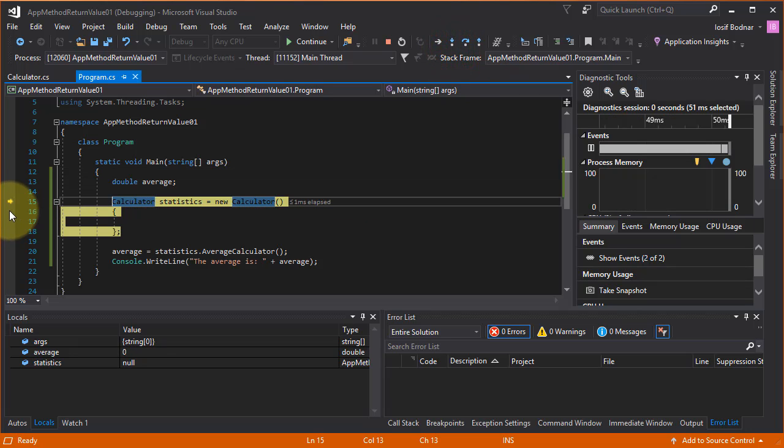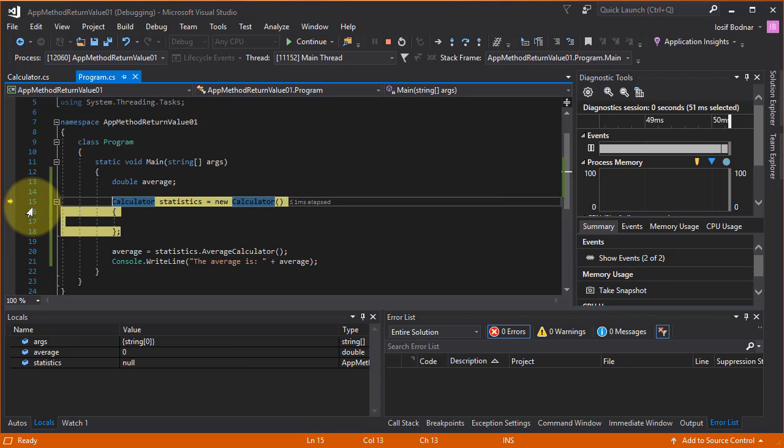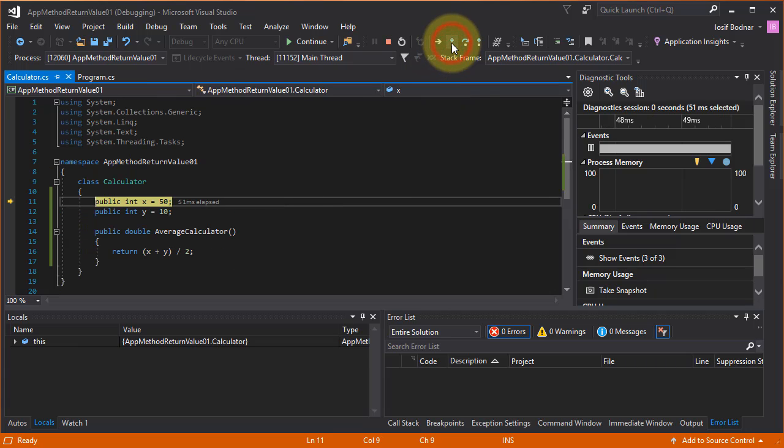In this moment the cursor is in front of this code line 15, where I declare this object calculator. So click on step into again, and as you can see the cursor skips to line 11